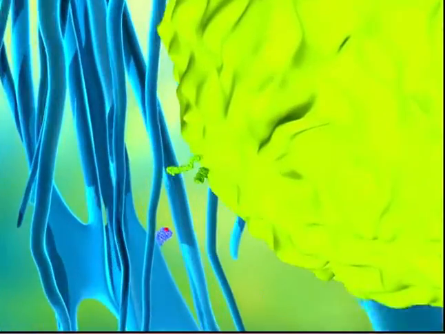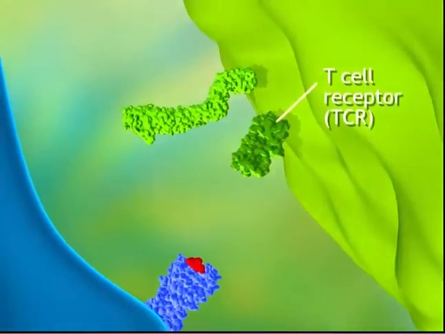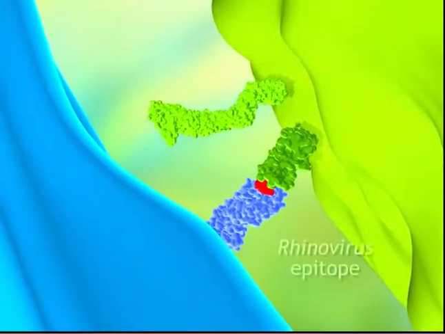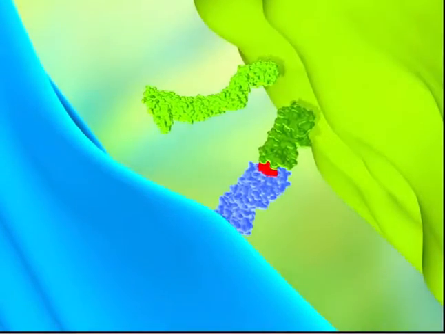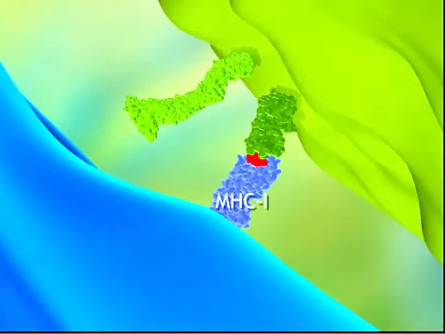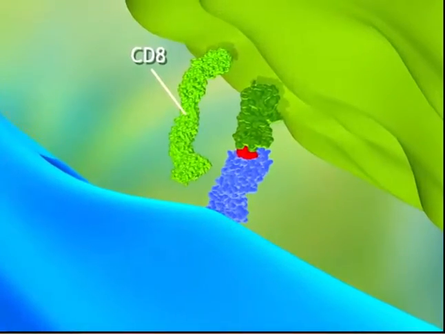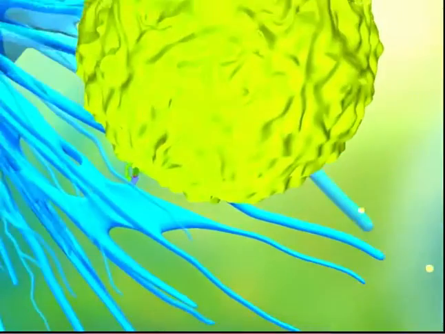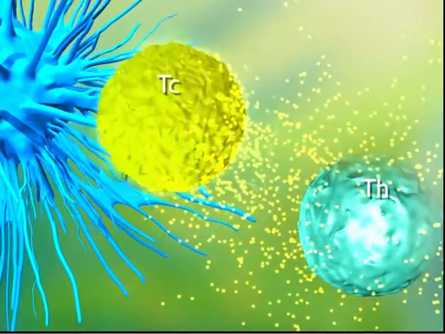The T cell receptor, or TCR, of this particular cytotoxic T cell is genetically programmed to recognize the rhinovirus epitope when presented by the dendritic cell. This time, the epitope is presented differently, with an MHC1, which is recognized by a CD8 glycoprotein on the cytotoxic T cell. With the help of cytokines from a nearby helper T cell, the cytotoxic T cell is activated and clonal